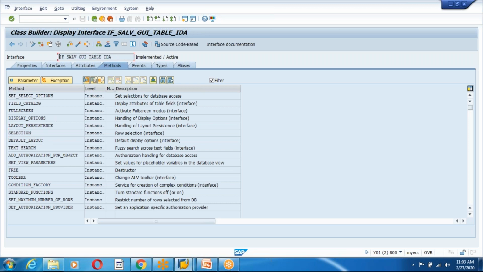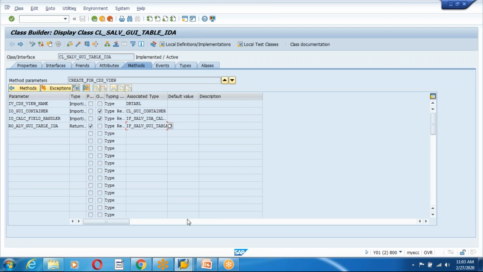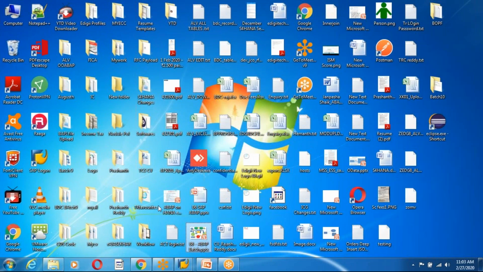Maybe we'll see a simple ALV with this IDA. Maybe I go to the one CDS. So one CDS is